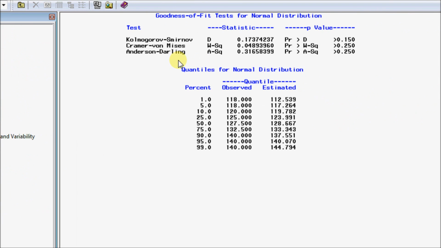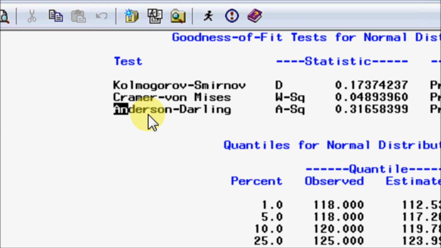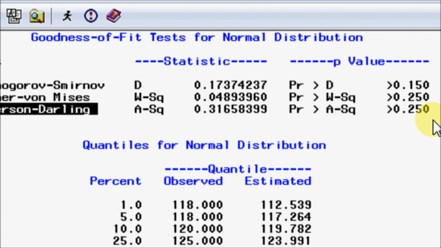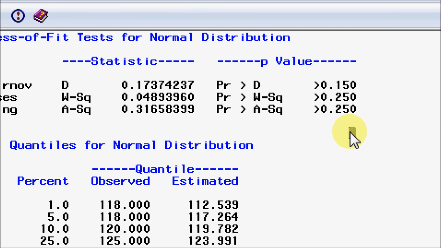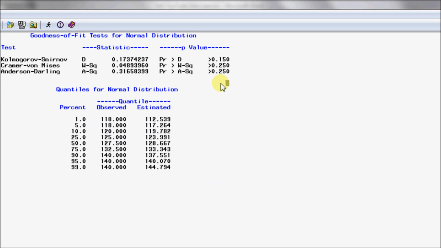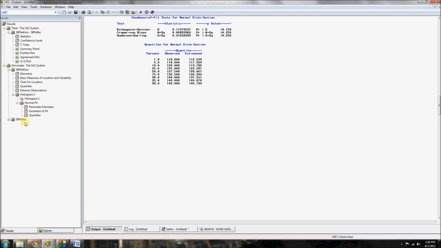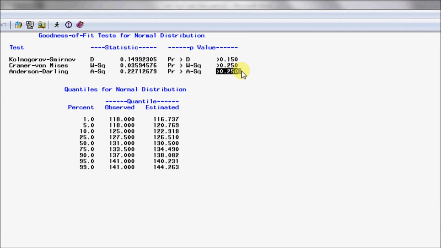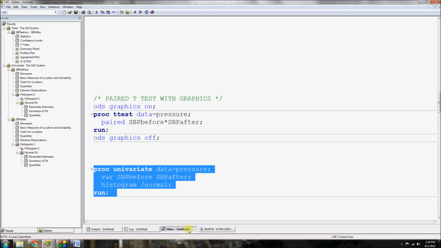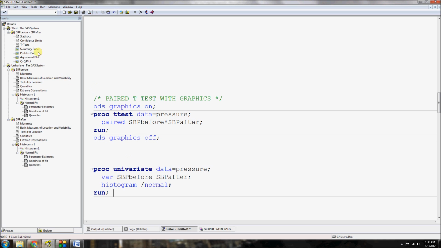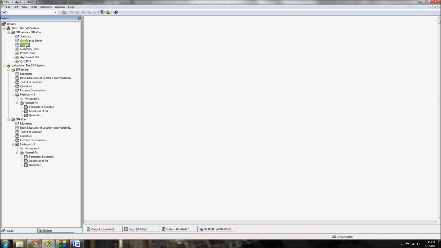And here we can see the Anderson-Darling test is here, and the p-value is not less than 0.05, so we're good to go. We can be certain that that before variable was normally distributed. And if I do the same thing for our after variable, you can see here again that the p-value is not less than 0.05, so we're good to go. So it was good for us to use the paired t-test, and because we were able to find the p-value from it,